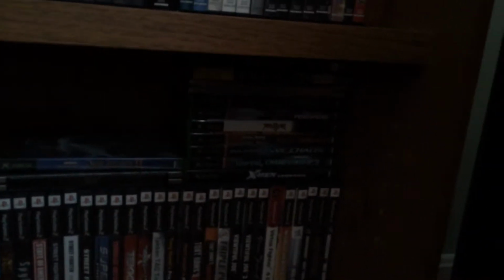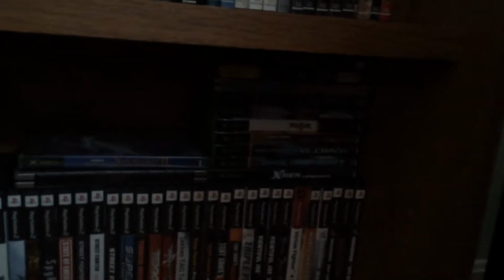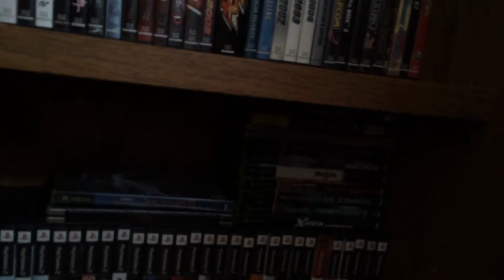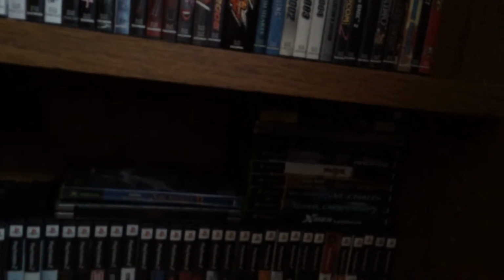And then right above those up here is my collection of Xbox games. I don't have that many. Mostly wanted to get the Xbox for a couple of games, namely Halo 2, Soul Calibur 2, because I wanted to play as Spawn, and SVC Chaos, which was SNK's version of the SNK and Capcom crossovers. It was supposed to have been released for the PS2 as well. Sony of America killed the release on that one shortly before launch, and I was furious about that. So this was one of those games I had to get an Xbox for